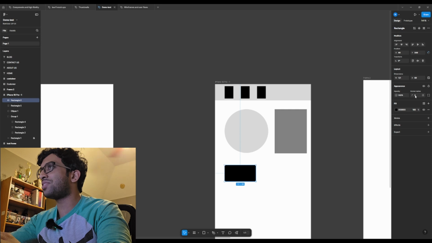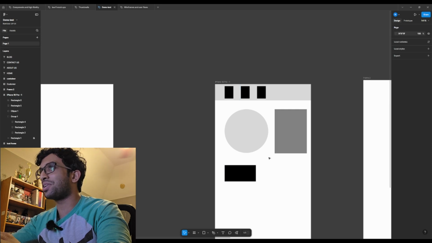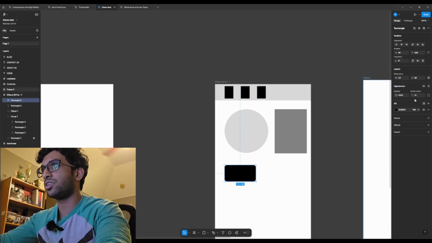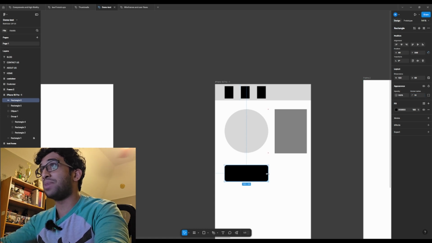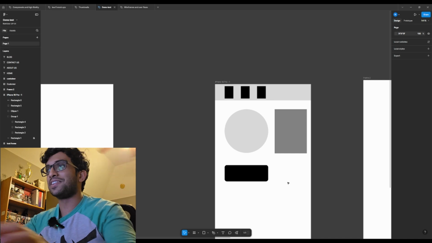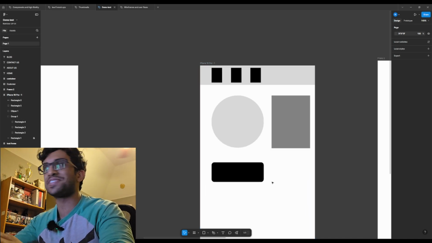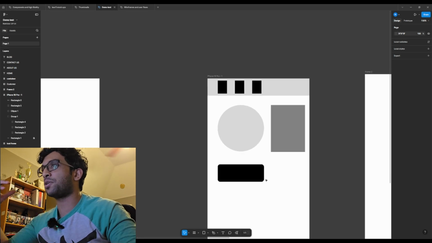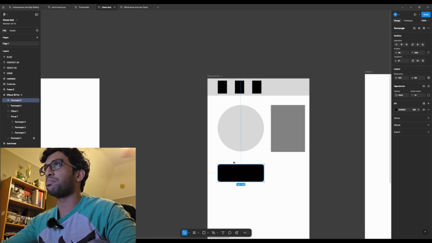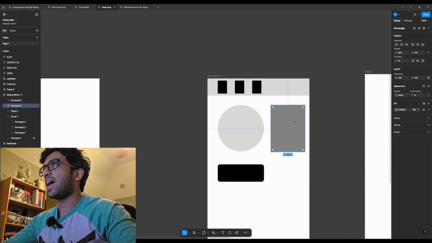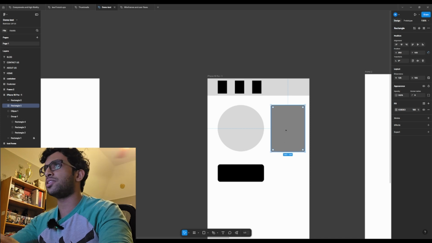Maybe if I'm getting a little fancy, I can add a little bit of a corner radius. Did that even work? No. Sometimes it's weird. This is a very basic wireframe. Whenever I go in and make wireframes myself, I don't make them as basic as this, but I'm just showing you guys how I would do something like this. So yeah, black boxes would be buttons, circles would be images, and these grayish things could be your blurbs